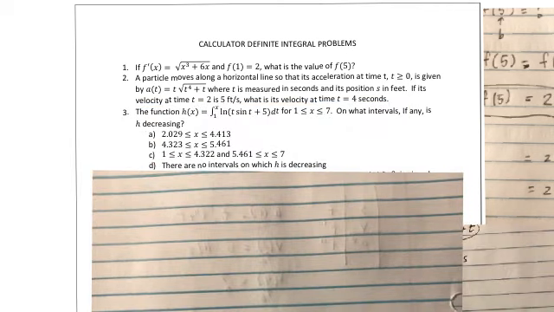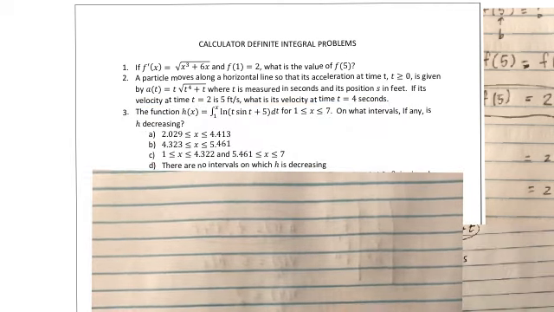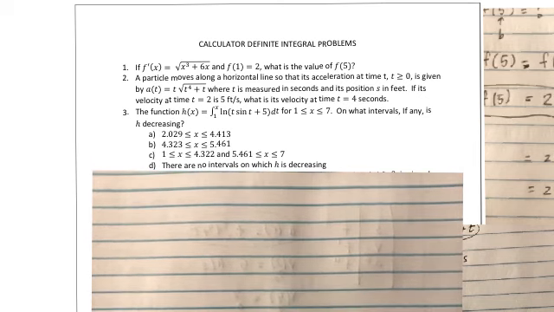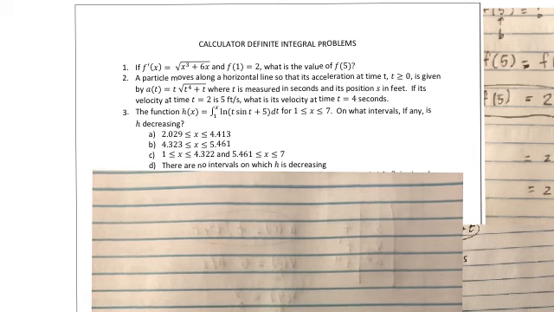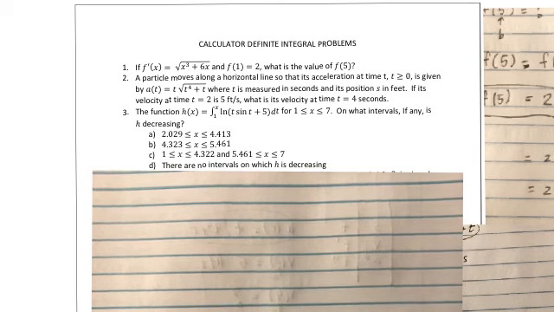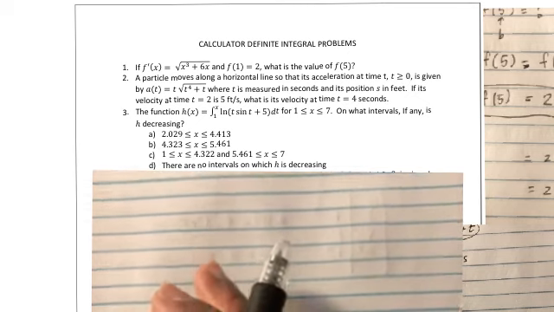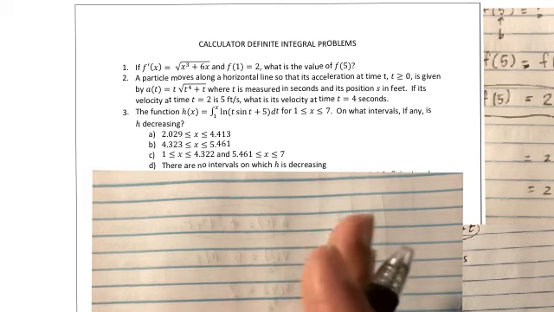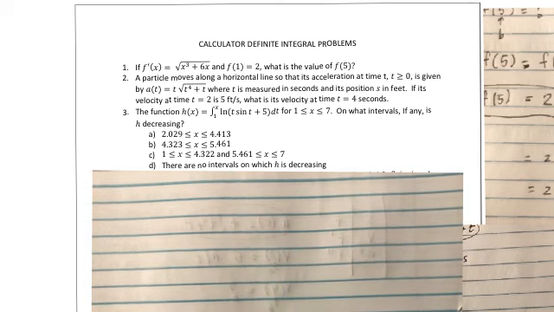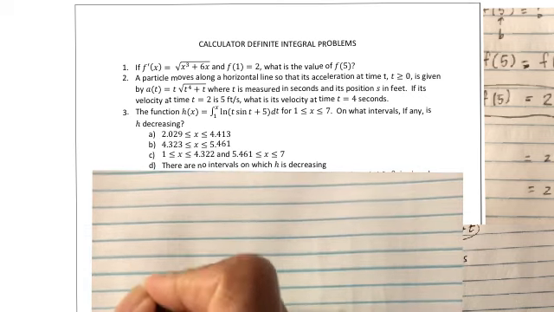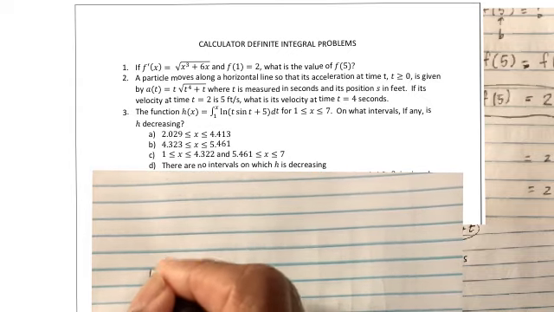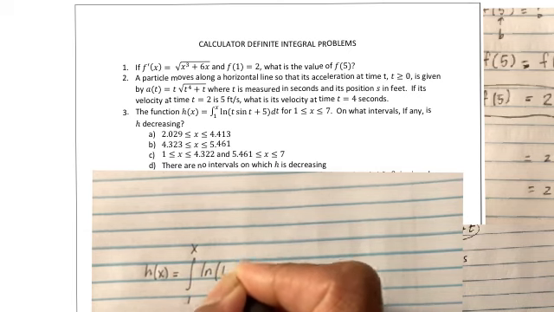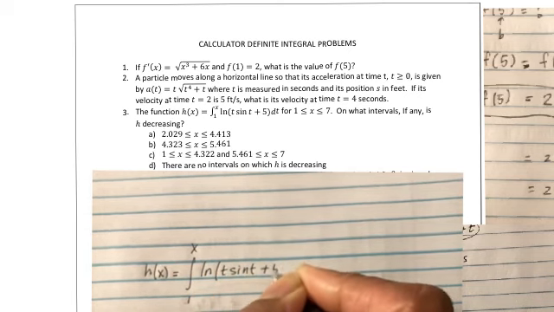Okay, and we're on now to our last problem that I'm going to show you, and then you have 7 more, which hopefully shouldn't be too bad, because you can use your calculator for everything, and the amazing Math 9 button. Anyway, here we have the function h of x, which is equal to an area function, right? It's an integral from 1 to x of ln t sine t plus 5 dt, and we're going from 1 to 7. Actually, let's write that down. So h of x is equal to the integral from 1 to x of ln t sine t plus 5 dt,